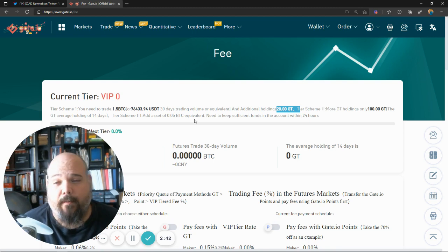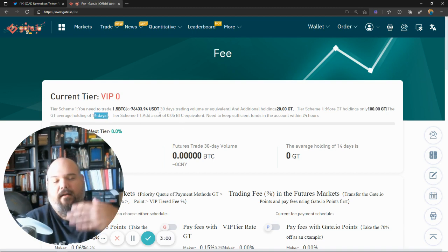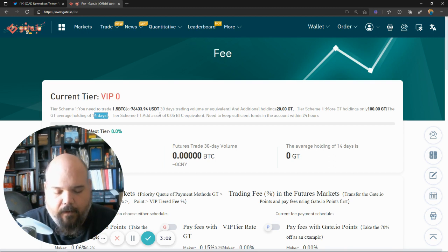That's going to be scheme 1. You're either going to have to do quite a bit of trading, just north of 75,000 US dollars in 30 days. And that's going to be all trades, right? Back and forth and back and forth. Or scheme 2 is holding 100 of their tokens on average for 14 days. So there is a scheme 3, and you get where I'm going with this, that if you're not already on